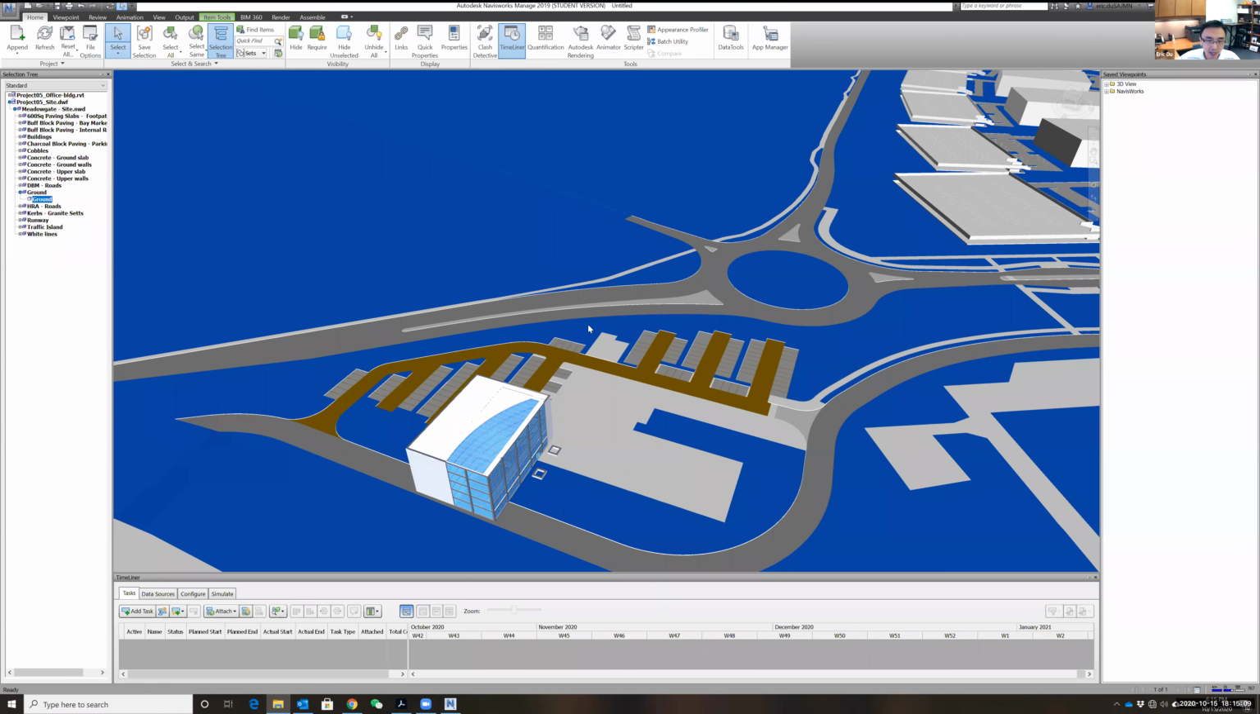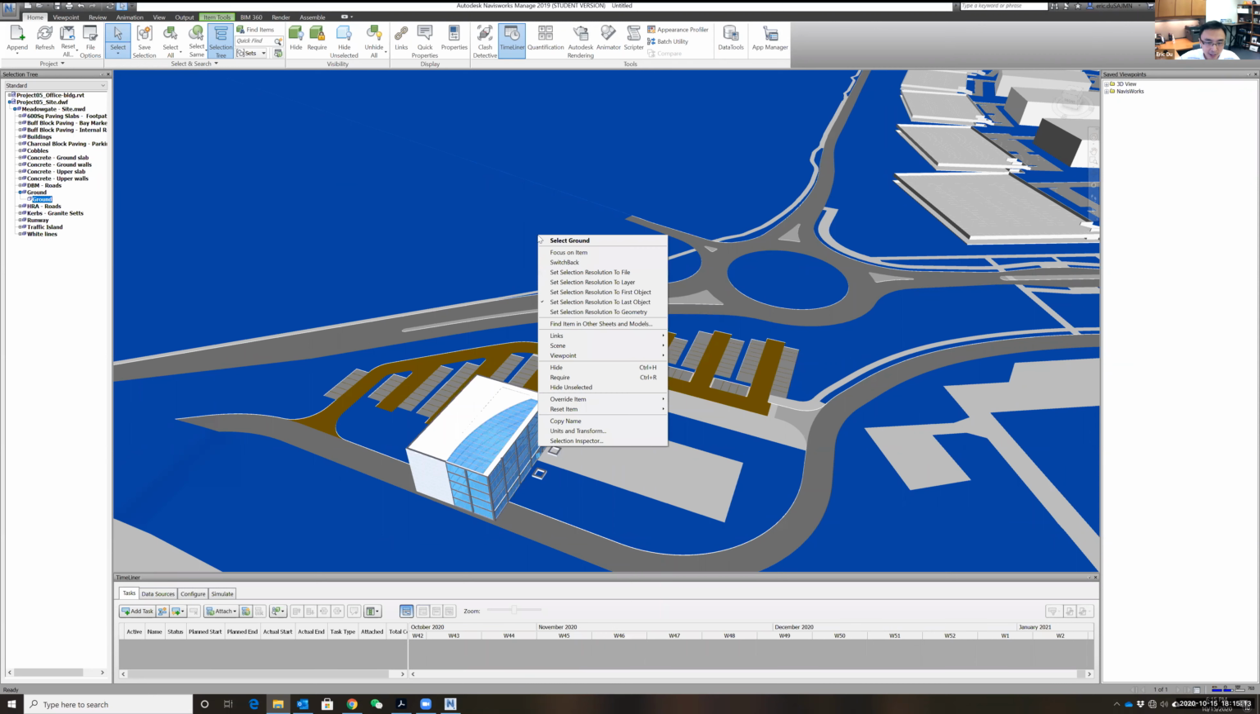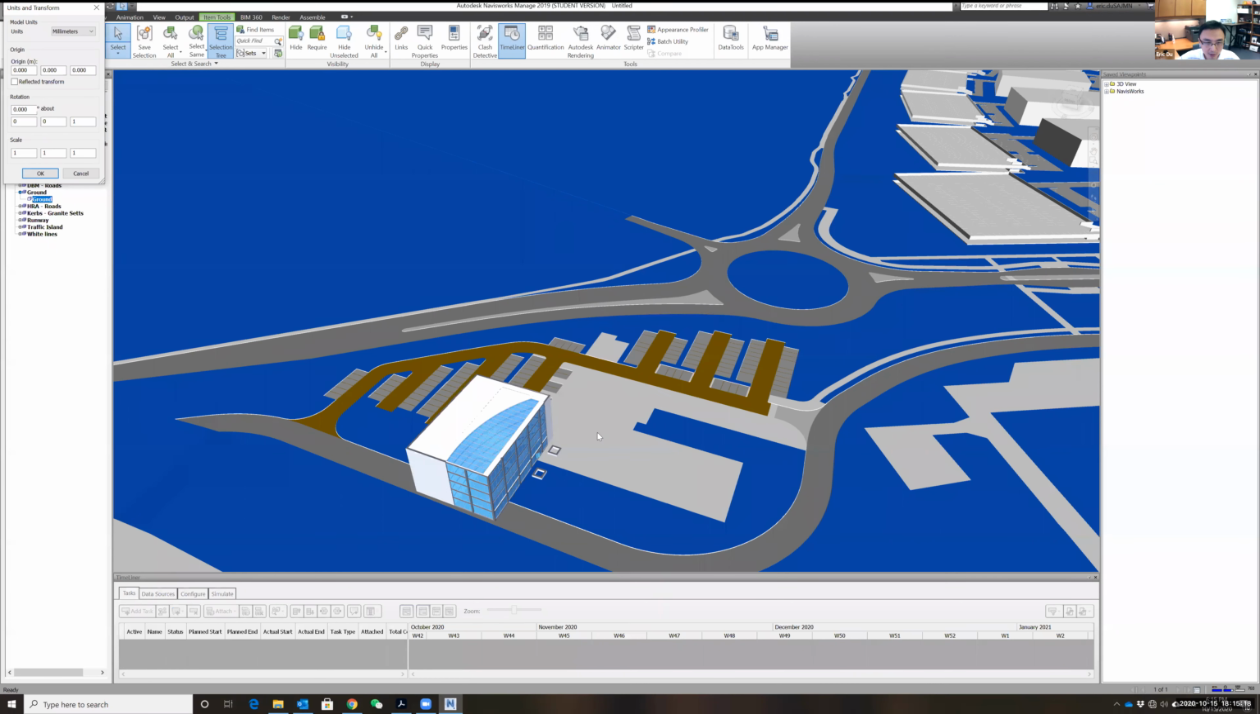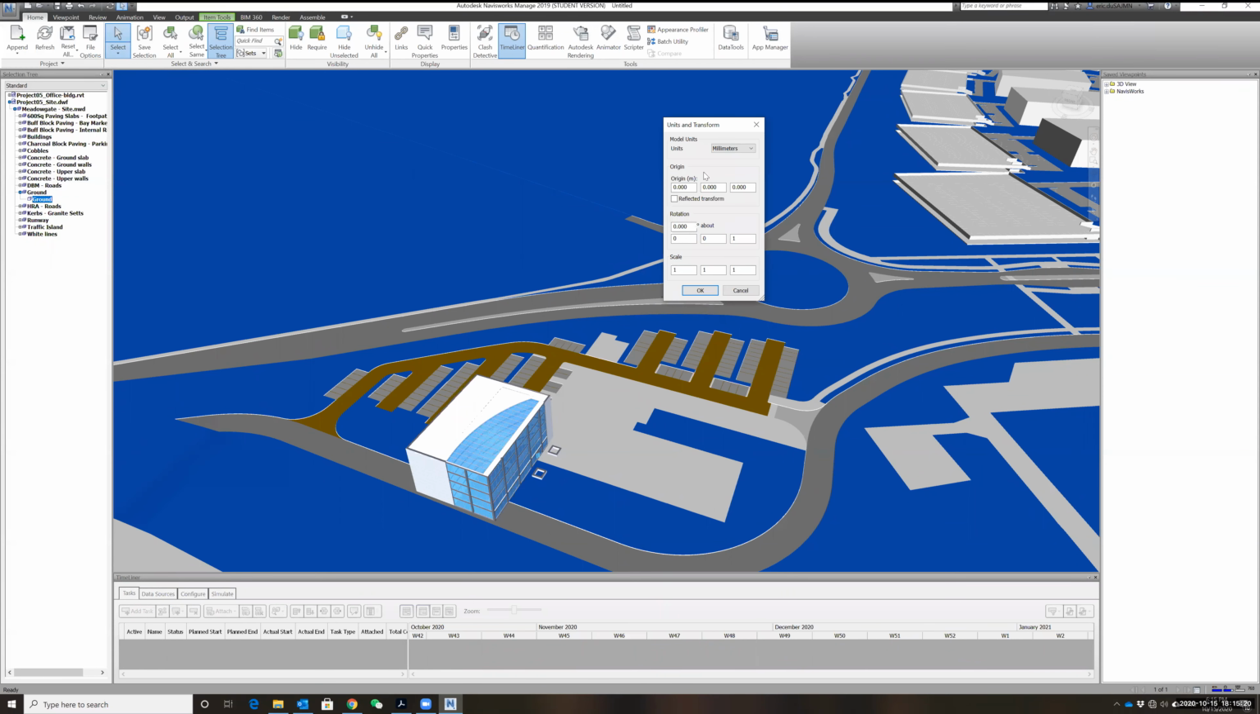So just select the ground. So we are selecting the site and then right click it and go to units and transform. Transform means you can move it. And here you can basically just move